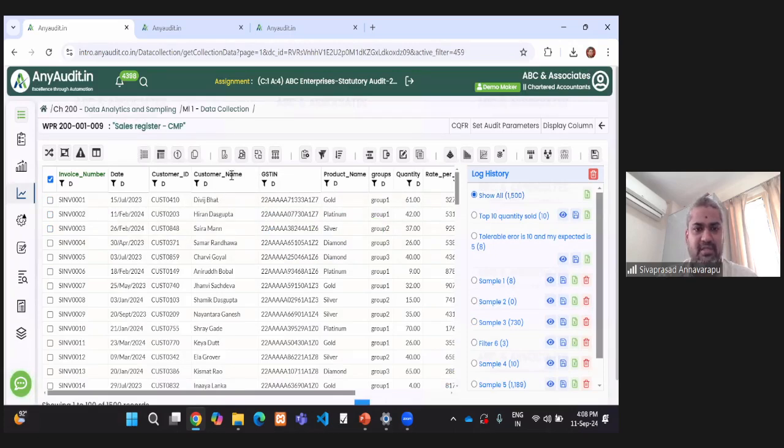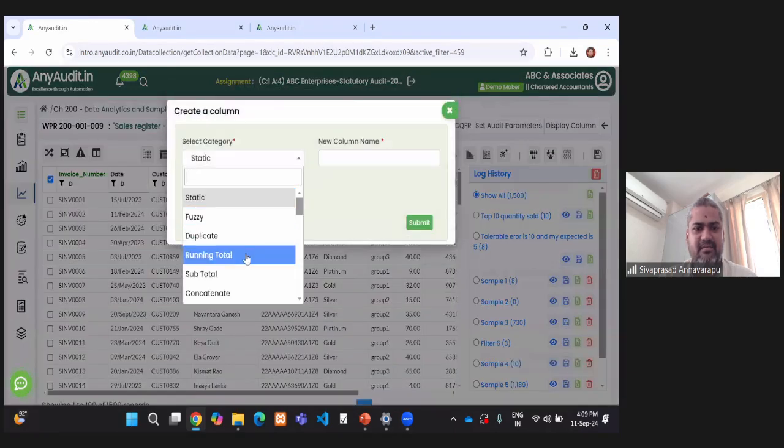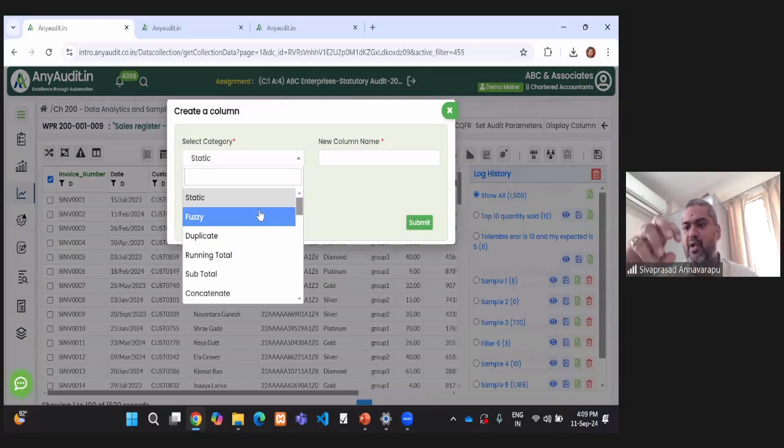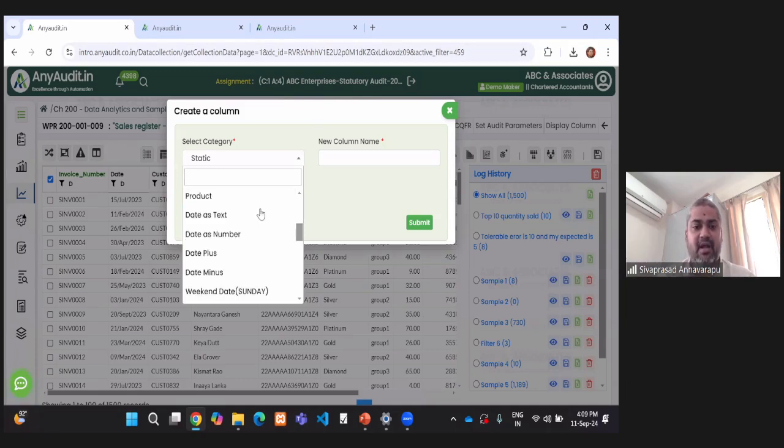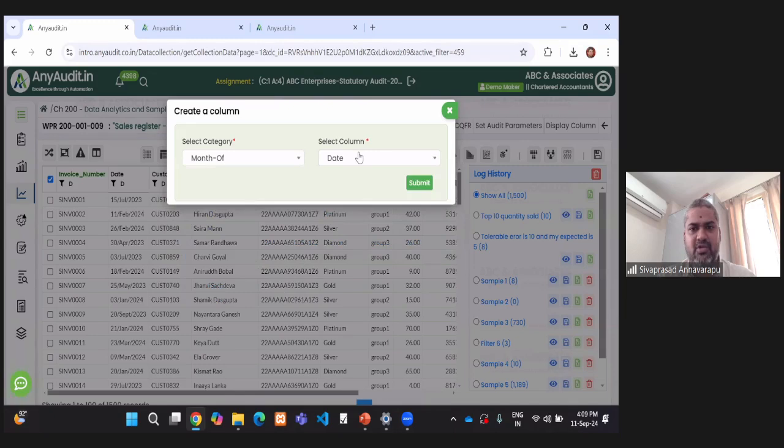Let me do only that one example, and then let me move on. So here there are customers, here there are products, gold and silver, and here is a date. Now what I'm doing is converting my date. Let us say from the date I want to extract a month. How can I do that? I can write a formula, but because this is an integrated one, I need not write a formula. I have to just select the appropriate function. So I'm selecting month of a date, and I'm asking to insert it as a new column.